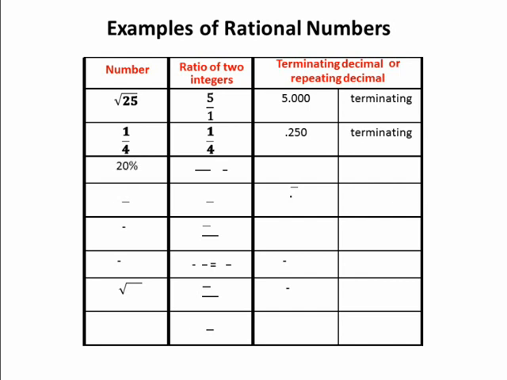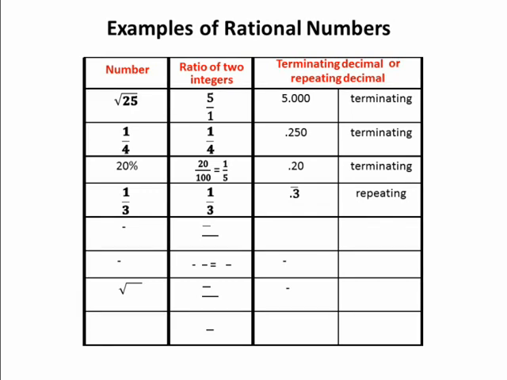20%. Since this number can be written as the ratio of two integers, 20/100 or 1/5, this number is rational. It can be expressed as a terminating decimal of 0.20. 1/3. Since this number is already written as the ratio of two integers, 1/3, this number is rational. It can also be expressed as a repeating decimal of